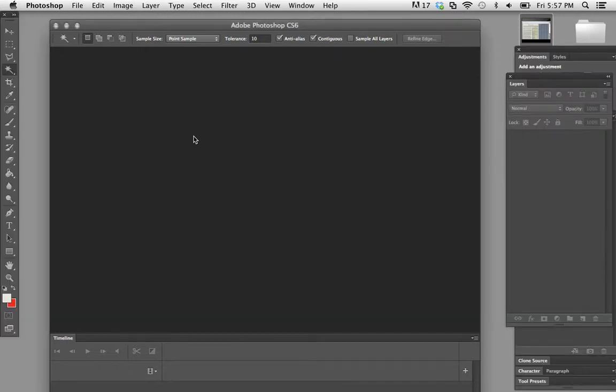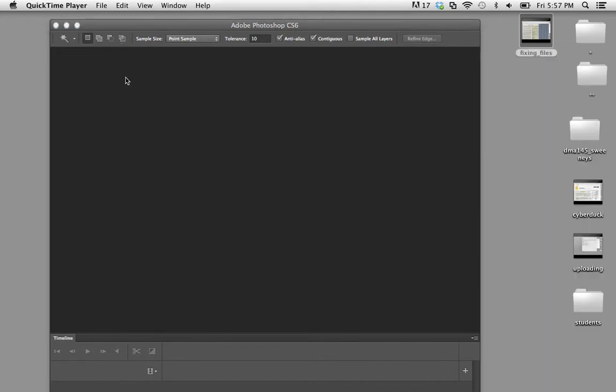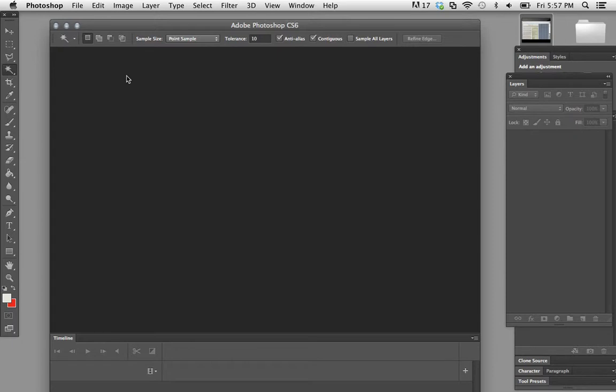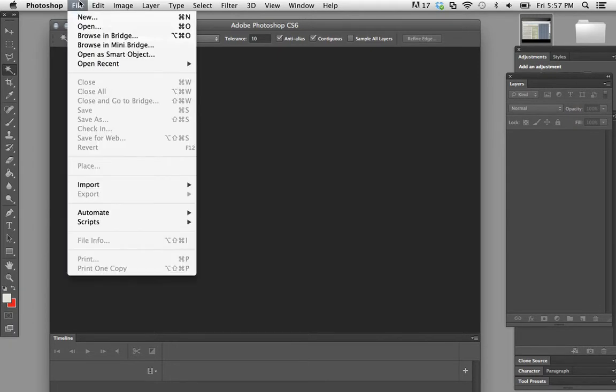When you're starting a new background file or any kind of file in Photoshop, you need to know what size you want it to be. It's very different when you start it new than when you're starting from something that is already there. So I'm starting this one new, and I need to know what size it should be. So I go to File, New,